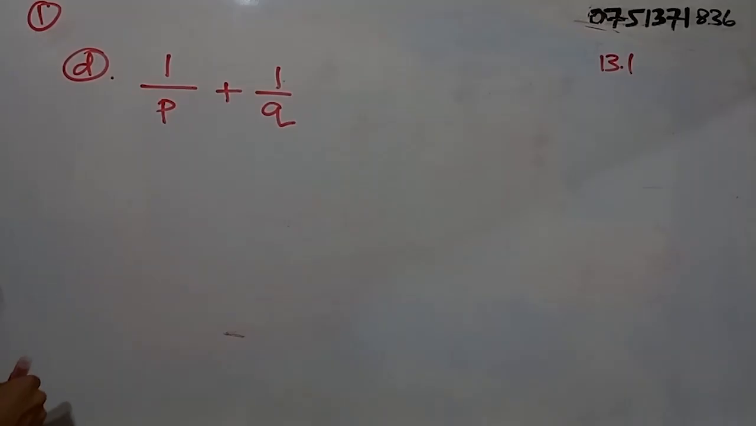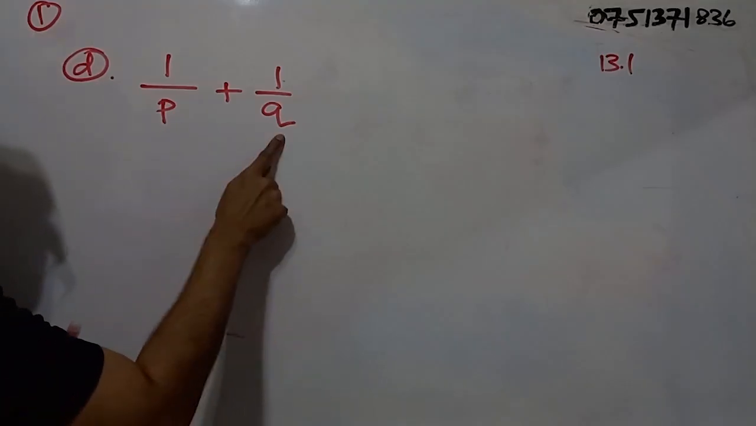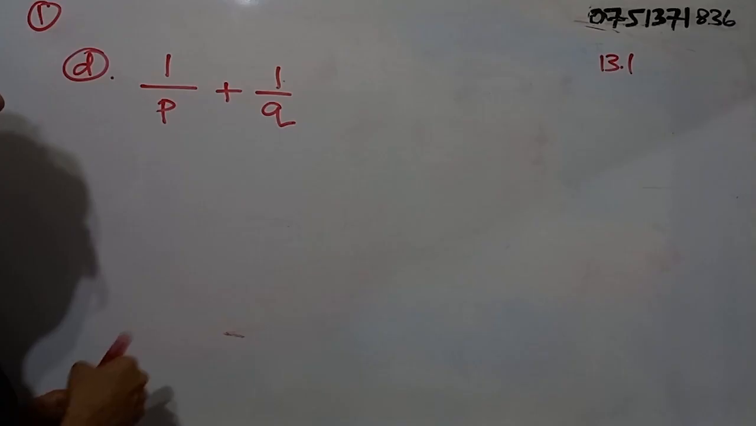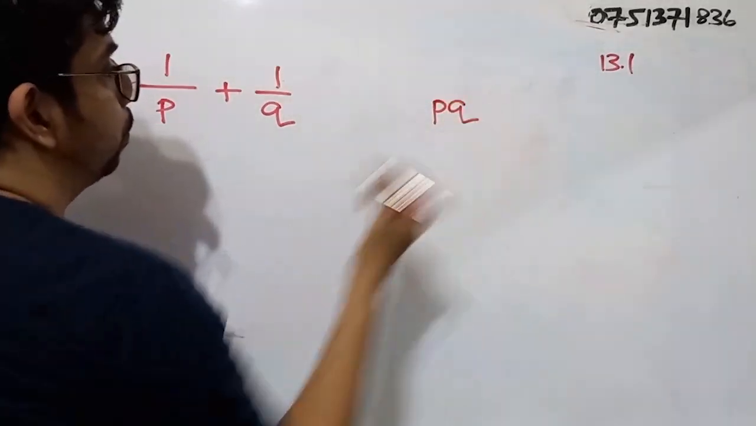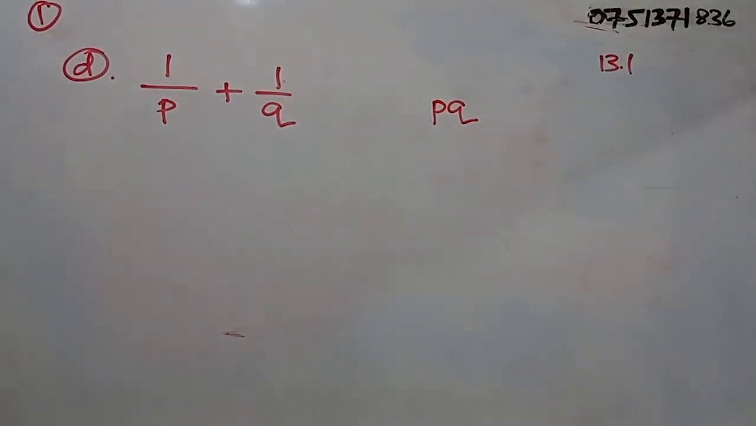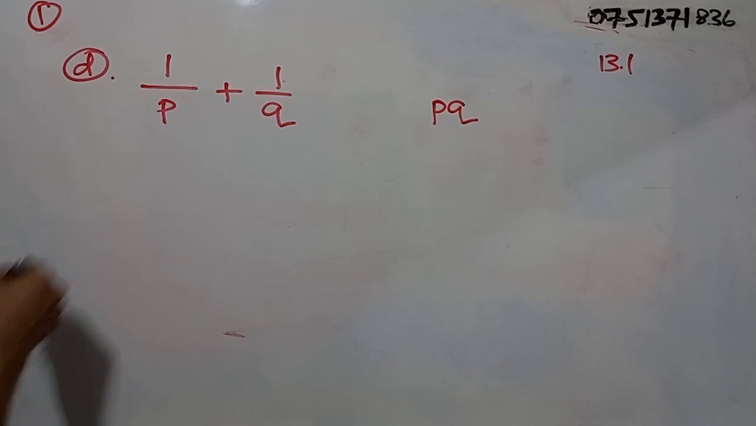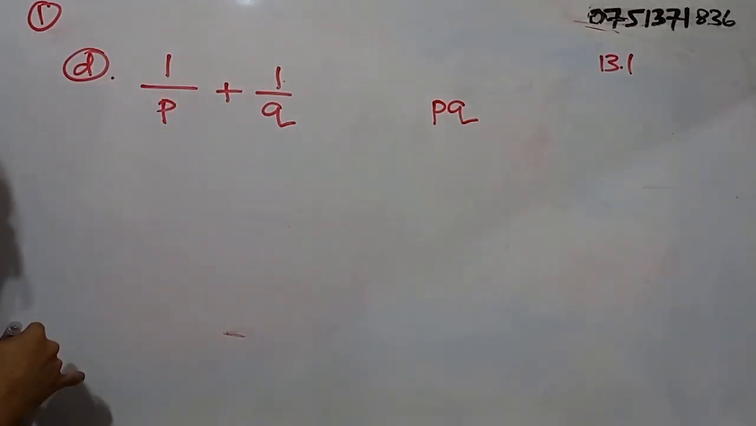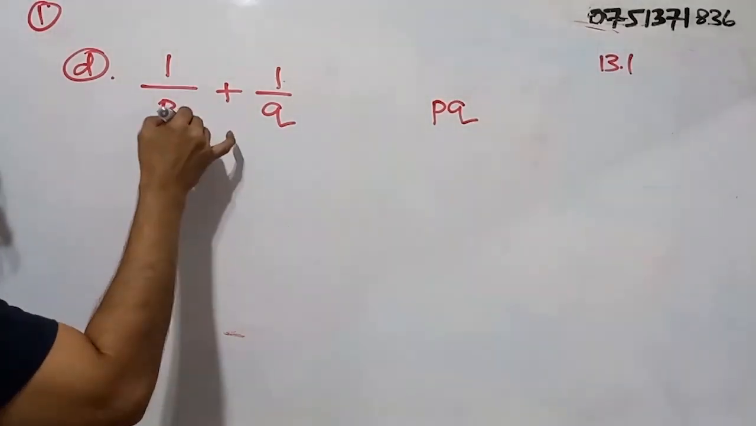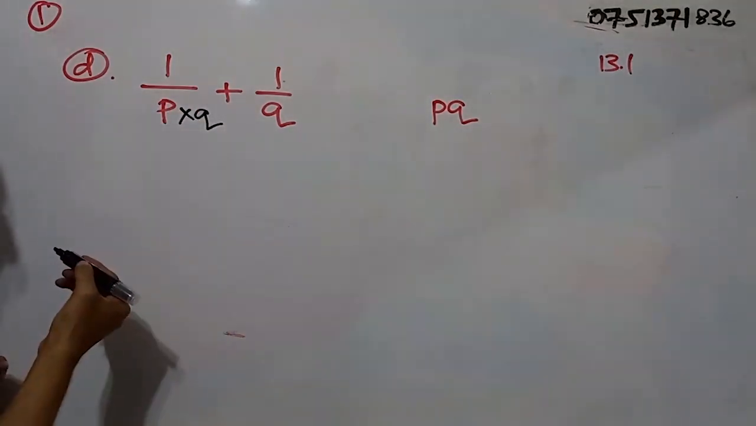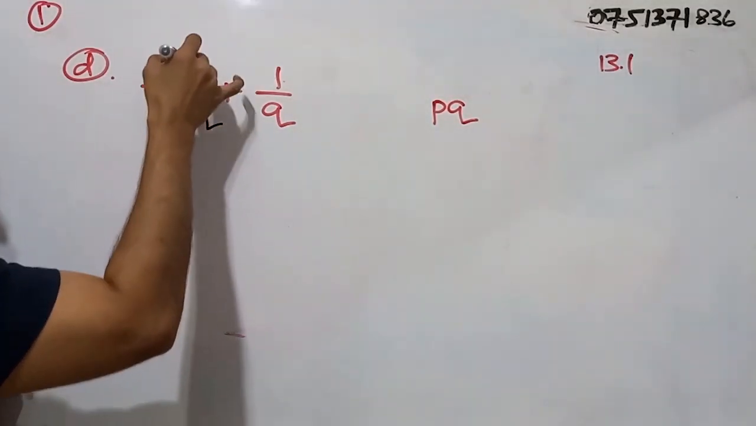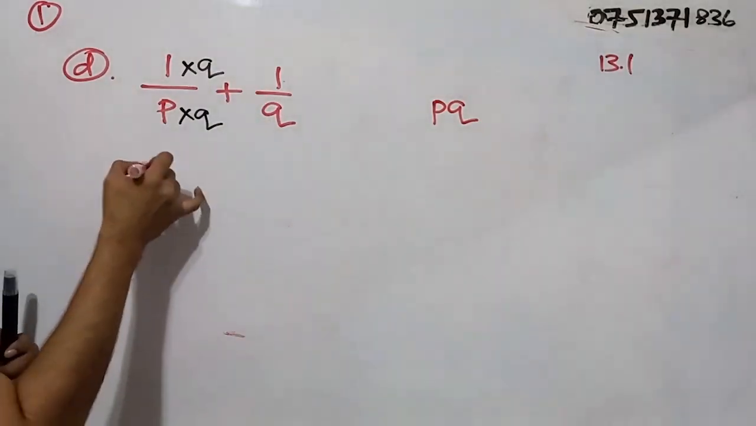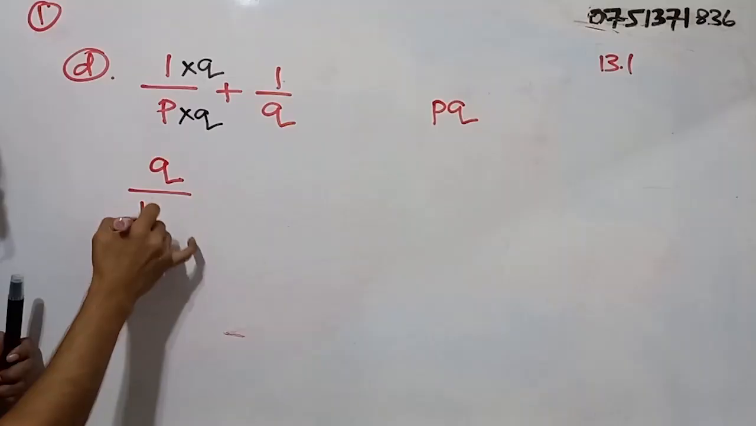Okay, next question. So here we have two denominators p and q. So what will be the least common denominator? It will be pq, right? So we have to convert the p of the first algebraic fraction into a pq. That means we need to multiply it by q. Since we are multiplying the denominator, we have to multiply the numerator as well, right? So what do we get? Q by pq